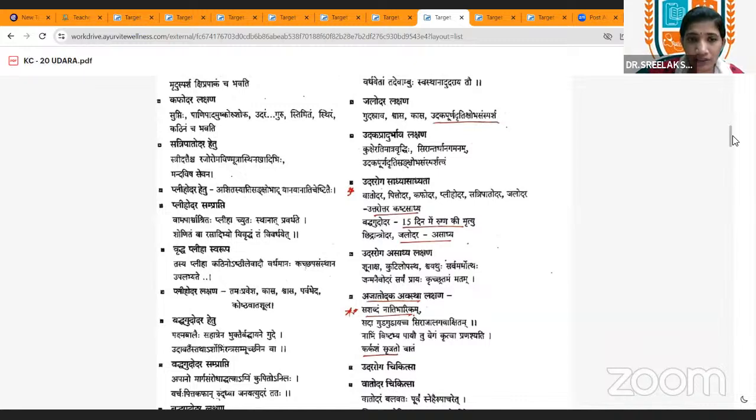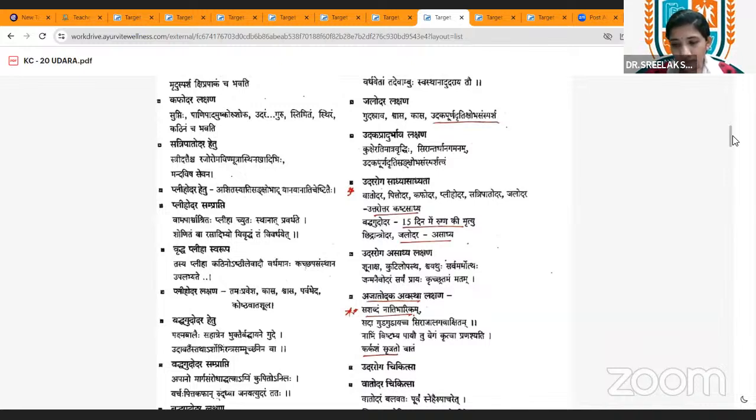And next is Baddha Gudodaram. Baddha Gudodaram occurs due to obstruction, mainly obstruction produced by Pakshma or any foreign materials. This is known as Baddha Gudodaram. Actually, the obstruction takes place here. Mainly, Apana Marga Samrodhat Hatva Agnim Kupito Anilaha, Varchaha Pitta Kaphan Ruddhan Janayet Udaram. So in Baddha Gudodara mainly Apana gets obstructed here.